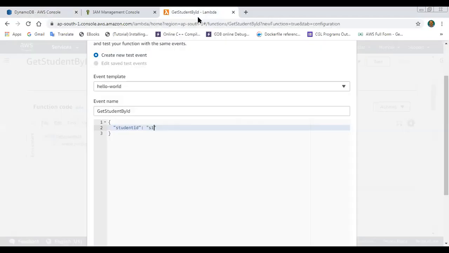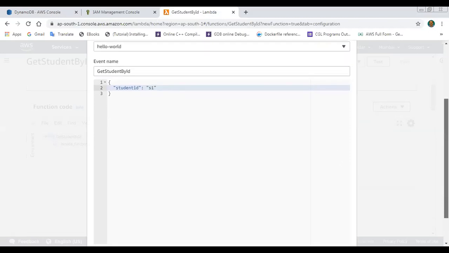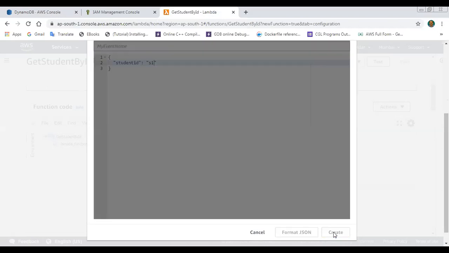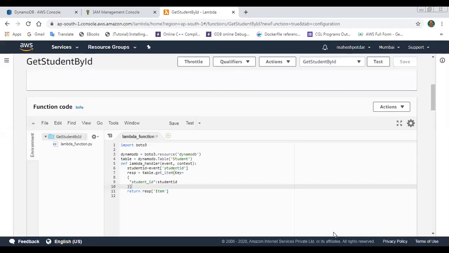Let us see the function we have written. We are passing the values, create the environment. After creating the environment, test this environment. We are passing S1 to this Lambda function. Click on test.